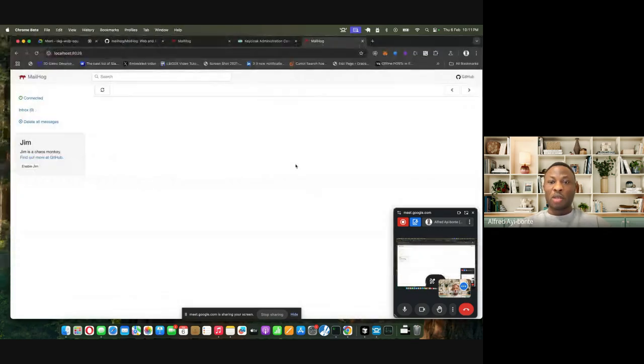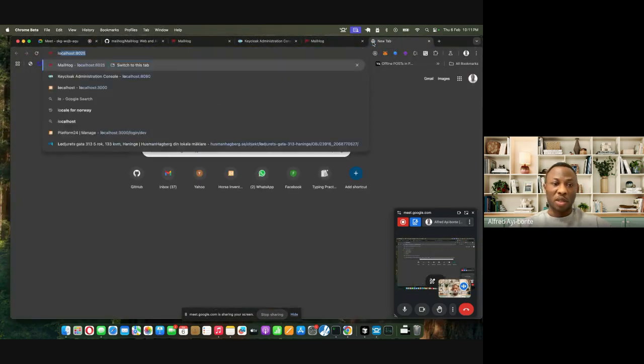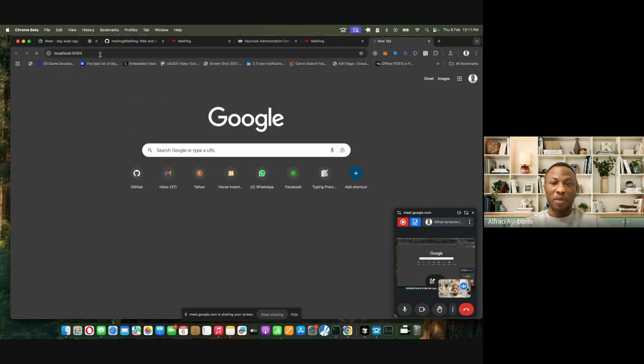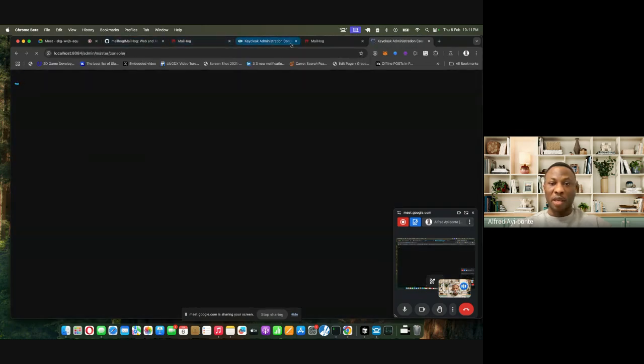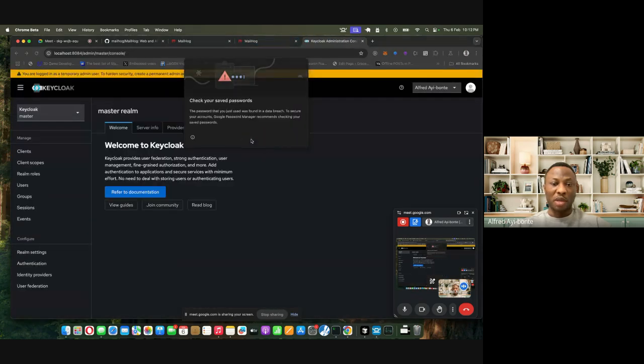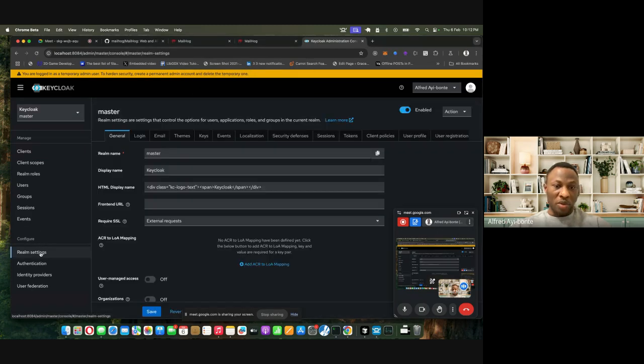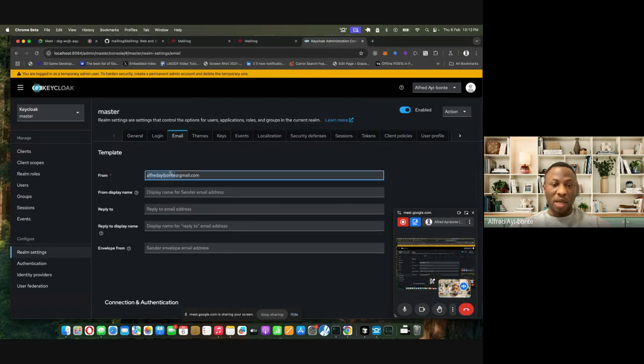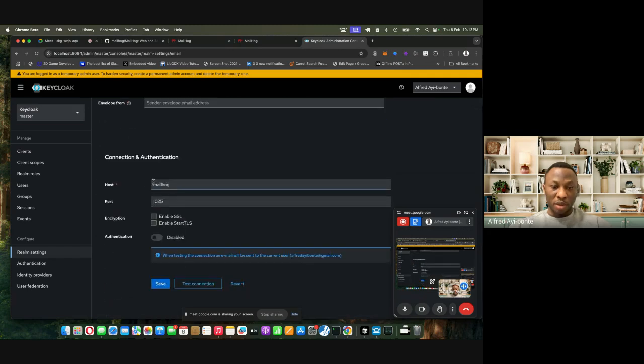So now if I run Keycloak from the Docker Compose file, which is now on 8084, I can enter my username and password, admin, and then go to my realm settings, go to email, enter my email,